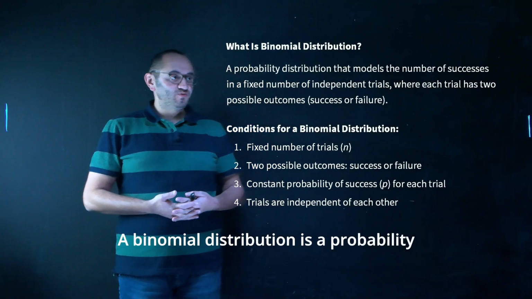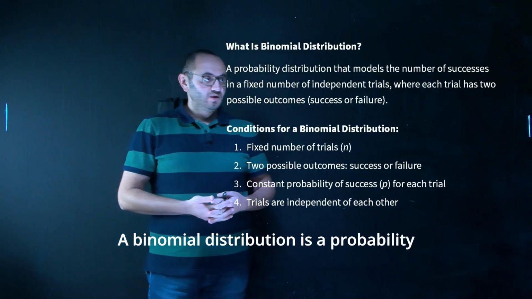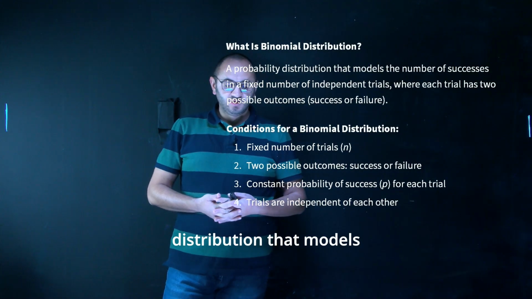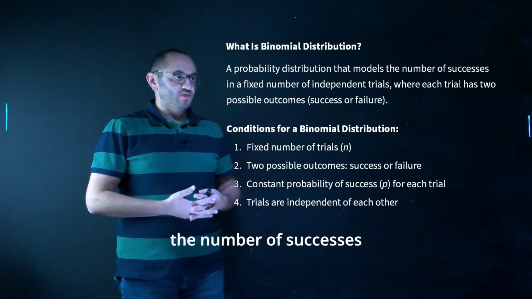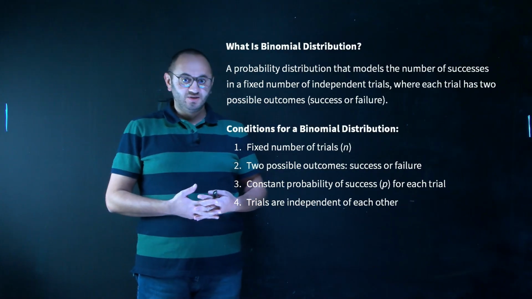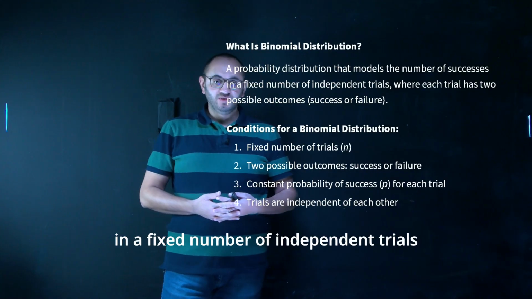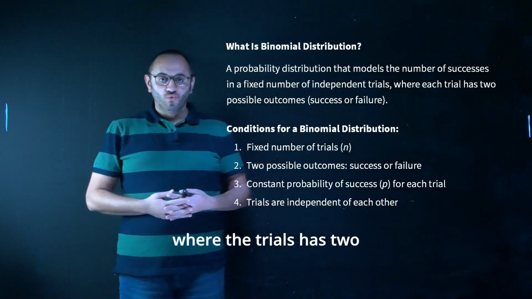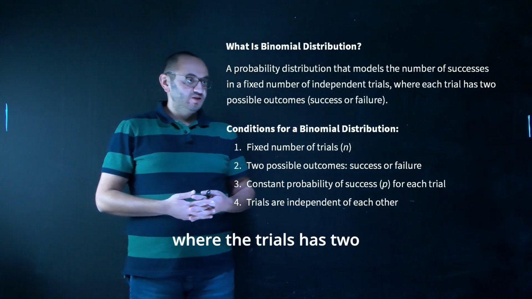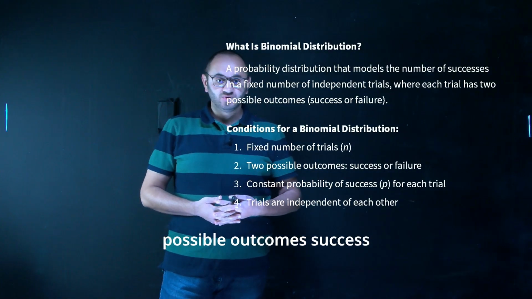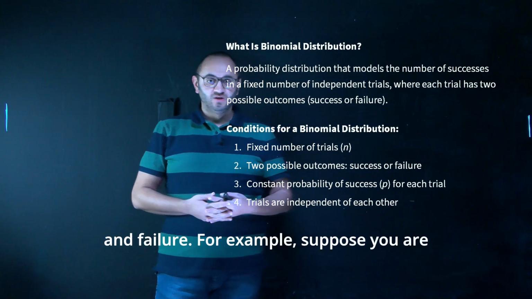A binomial distribution is a probability distribution that models the number of successes in a fixed number of independent trials where the trials have two possible outcomes, success and failure. For example,